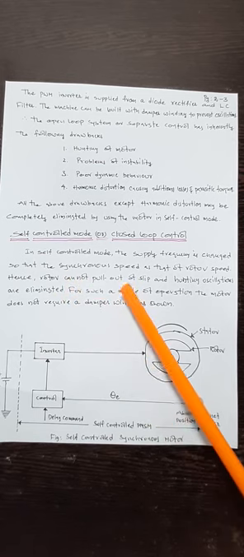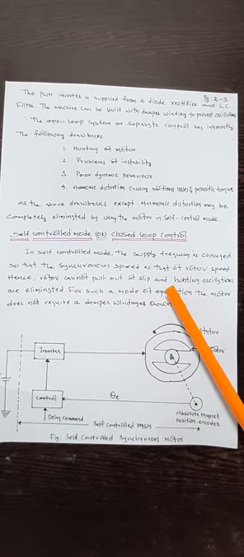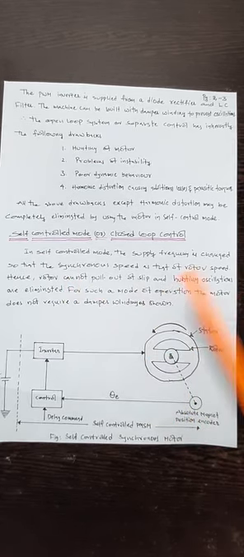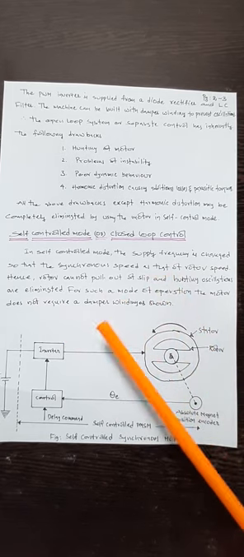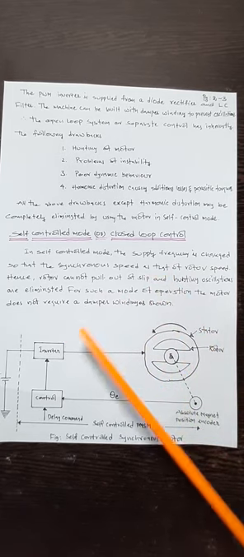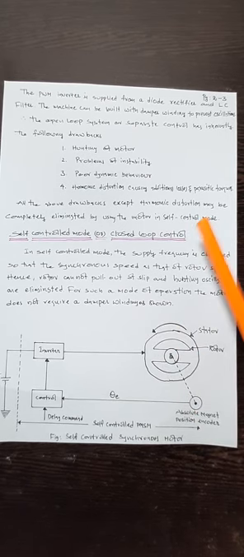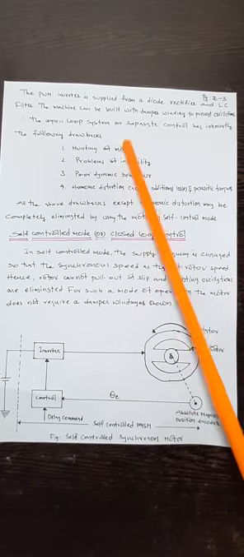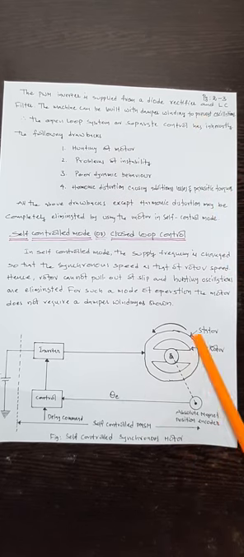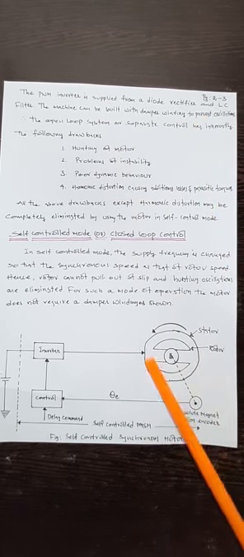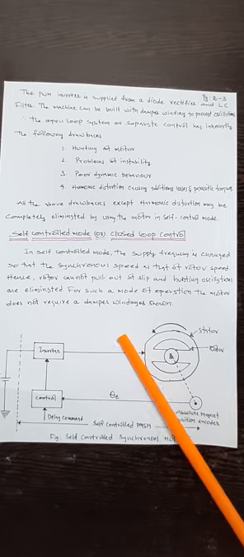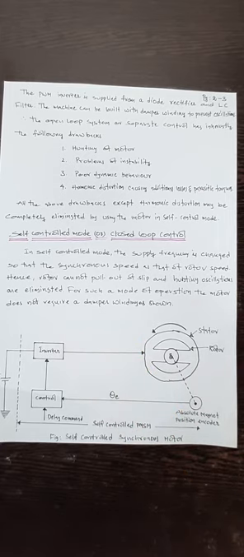So the rotor cannot pull out of slip, and hunting oscillations are eliminated. For such a mode of operation, the motor does not require any damper winding. See the advantage of this. The hunting problem in the motor previously is overcome with the help of following the rotor as well as stator speed very closely, so that the damper windings are not required here.